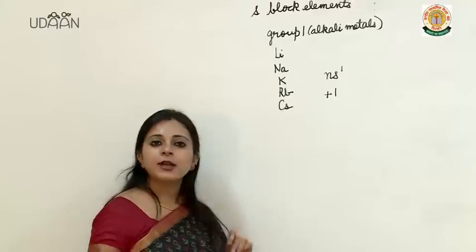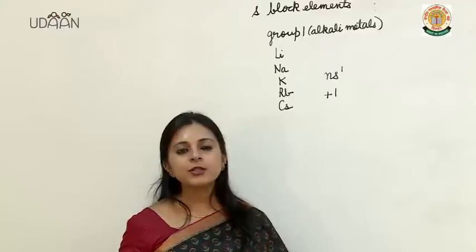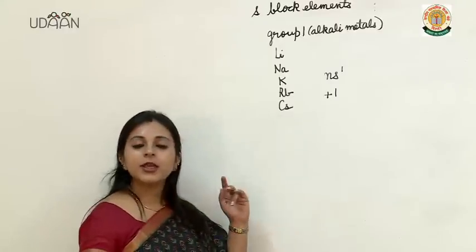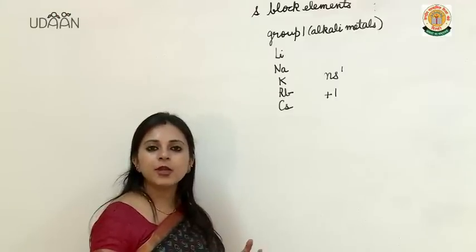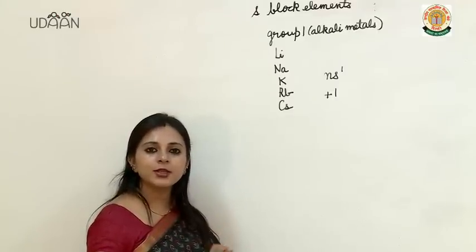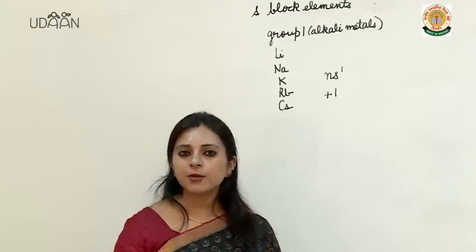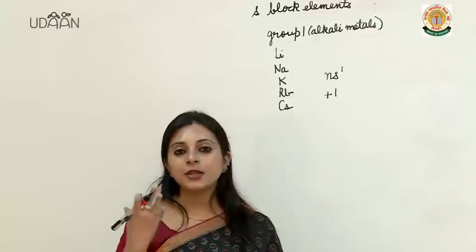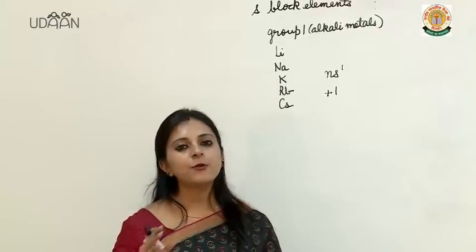Now what about the ionization energy? Since the size is big, ionization energy would be small, so that means they can show photoelectric effect. Photoelectric effect is shown by those elements which have low ionization energy. And what is photoelectric effect? When light falls on the surface of the metal, electrons are emitted, and if the electron is emitted easily, that is, if it has low ionization energy, it can show photoelectric effect.